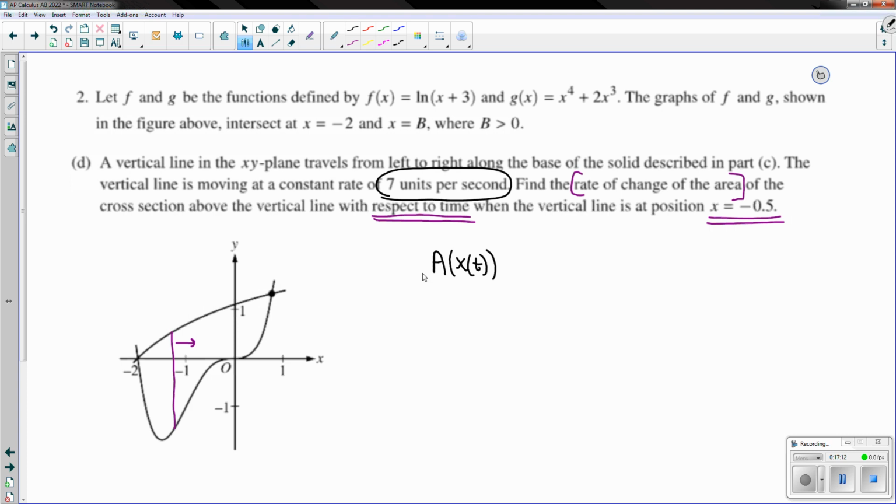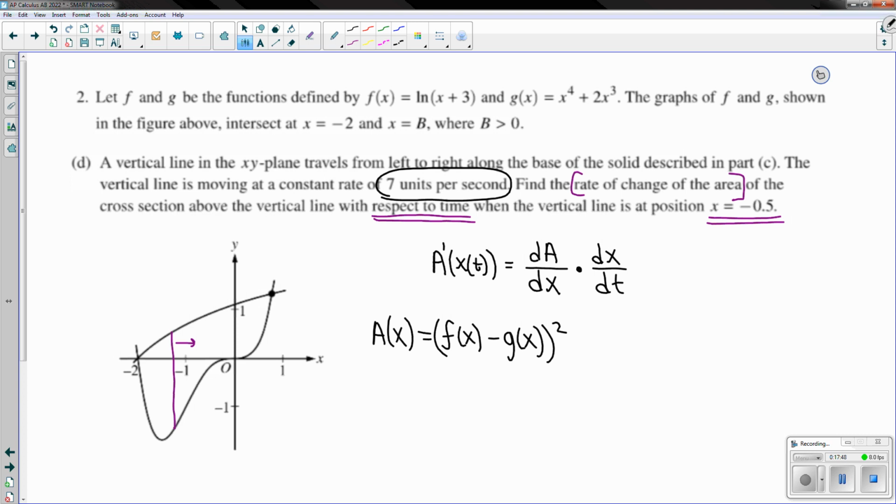So if we want to take the derivative of this, ultimately with respect to time, we're going to have to find the derivative of the area with respect to x initially, but then by chain rule, we got to differentiate what's inside, so we're going to find dx dt. Okay. Now, what is dA dx? Well, we have our area formula from the last part. F of x minus g of x